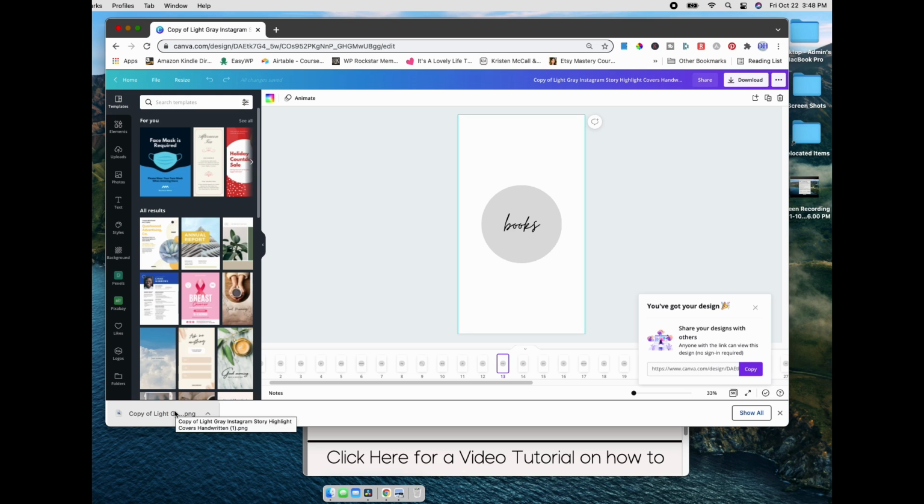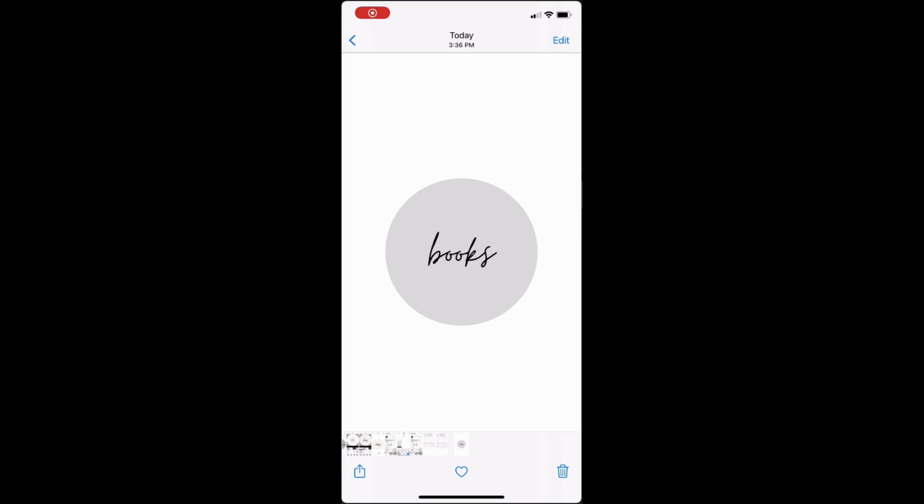you do it. I use AirDrop because I have a Mac and an iPhone, but any way that you do it, send yourself that file, and then I'll see you over on my iPhone. First thing I do is I go to my photos and make sure that my image is there that I